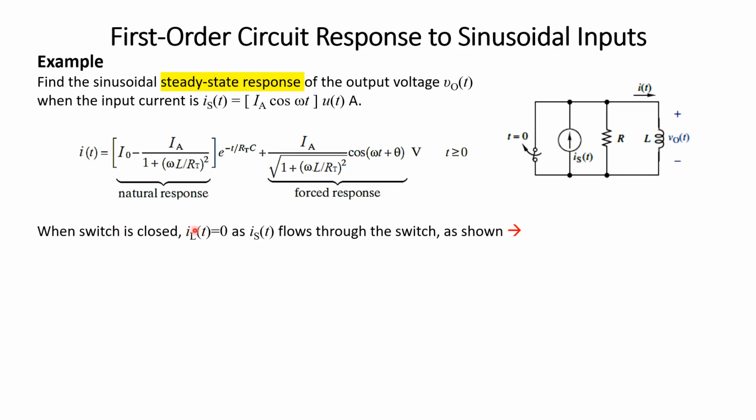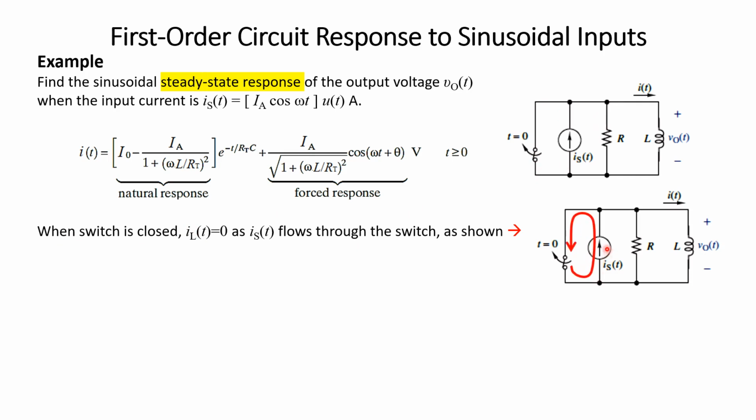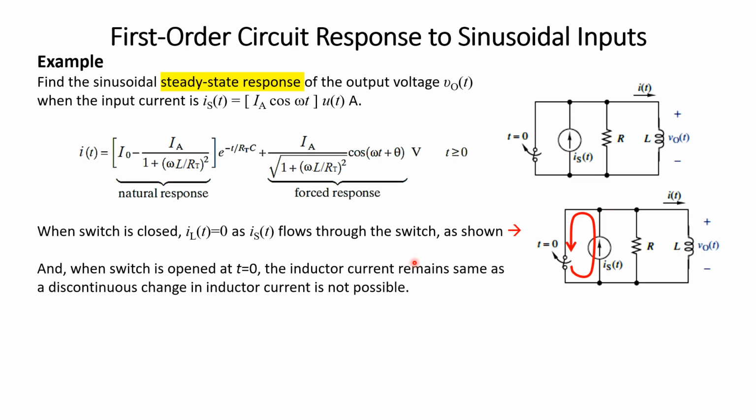Now, assume the switch is closed. When the switch is closed, the whole current flows through the branch consisting of the switch, and no current flows through this resistance, and no current flows through this. Therefore,